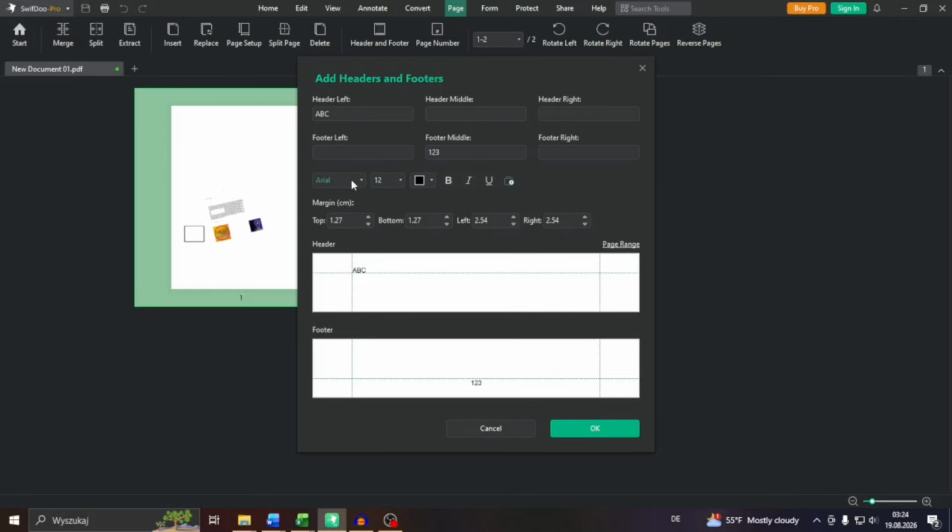Then you may format the text here, choose a text font, a font size, color, italic letters, bold letters, and so on and so forth. I'm going to leave it up to you how to format this text. And then lastly, you may also customize the margin settings. Adjust, for example, the margin at the top or the position at the bottom, left, right, and you will see the preview here. Confirm by clicking into OK, and that is going to add, as you can see, these footers